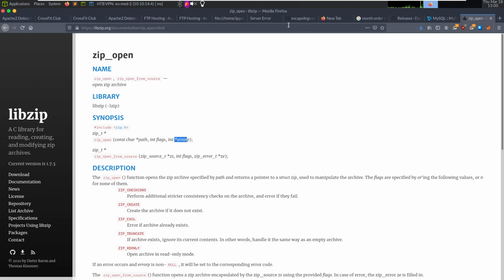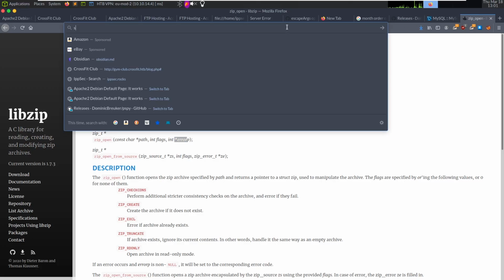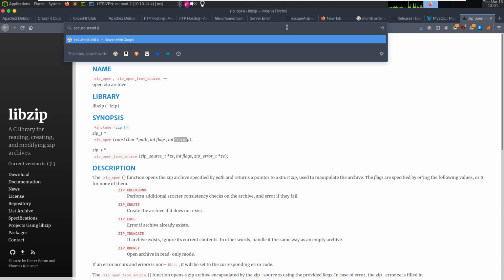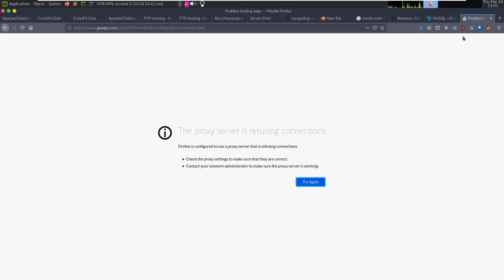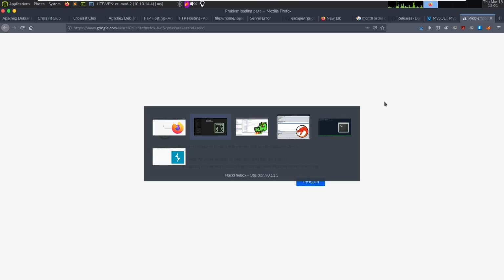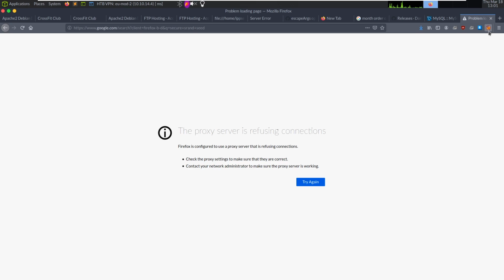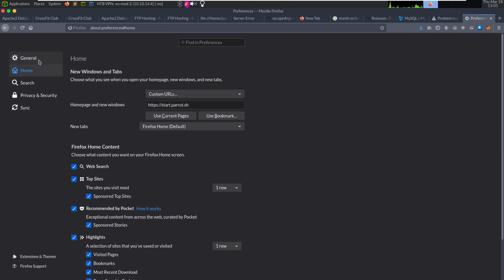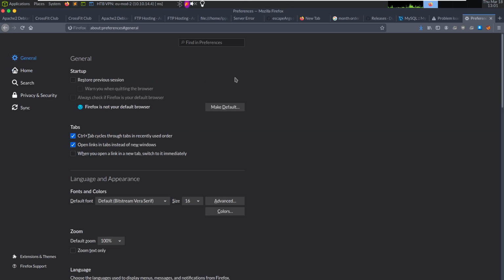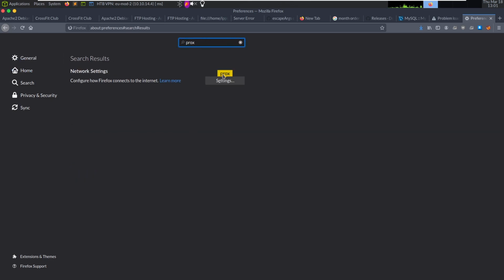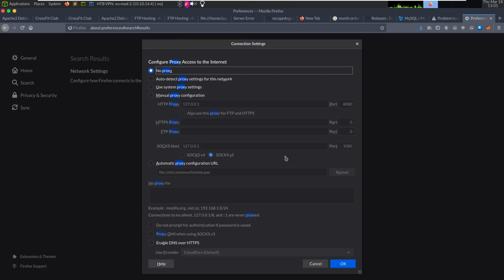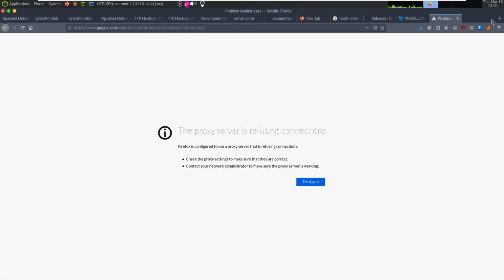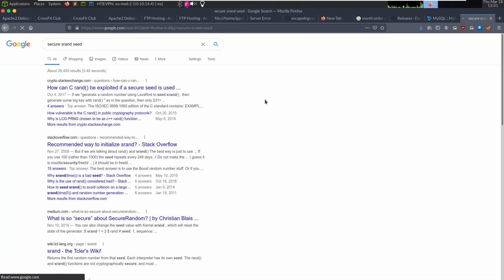If we go to Google and let's say secure SRAND seed, proxy is refusing connections. My Burp Suite is closed. Why do I have a proxy set? Edit. Let's go and edit this. What is proxy? So what happened here is I had to cut to do some work, and I opened up a private window and set the proxy. So yeah,